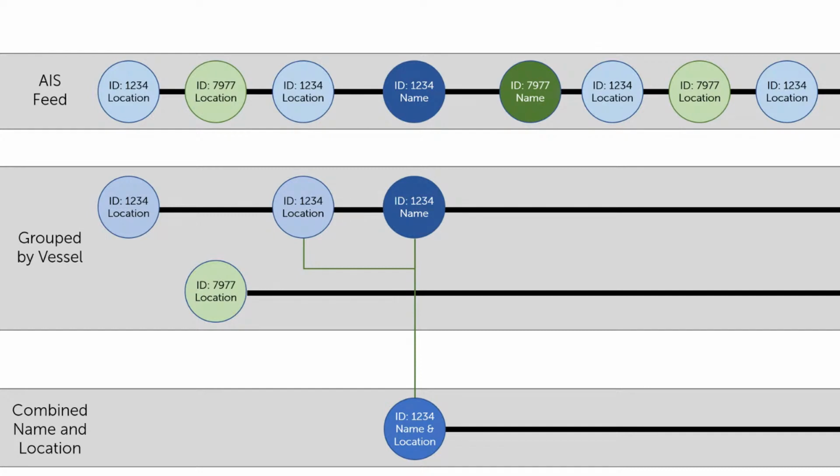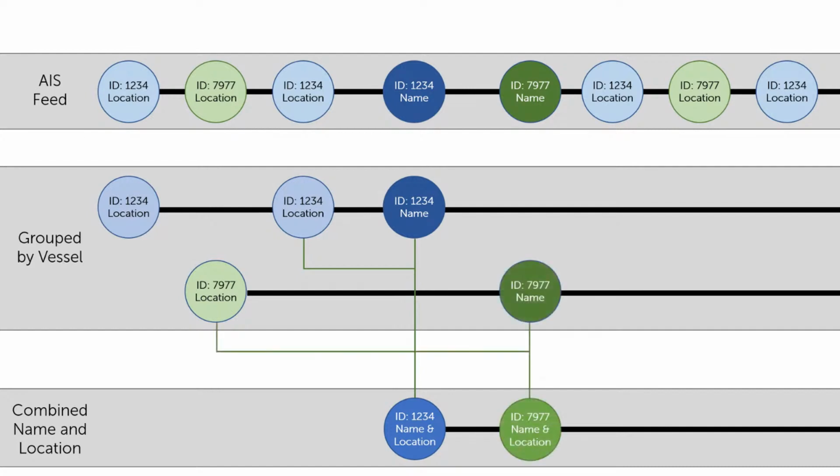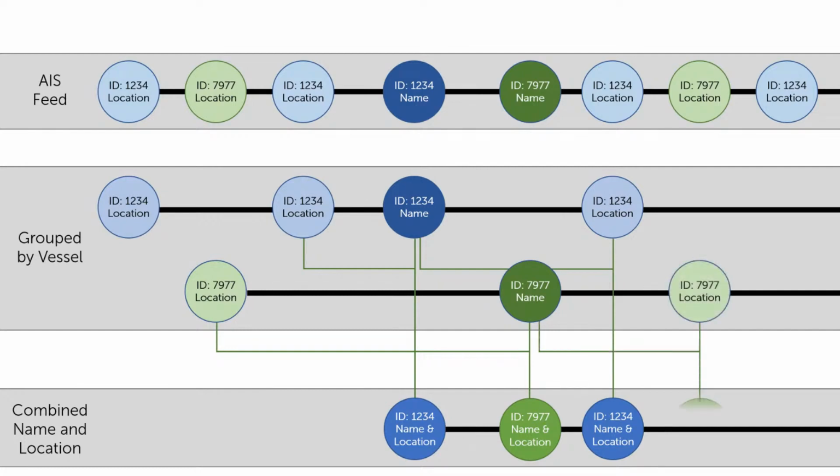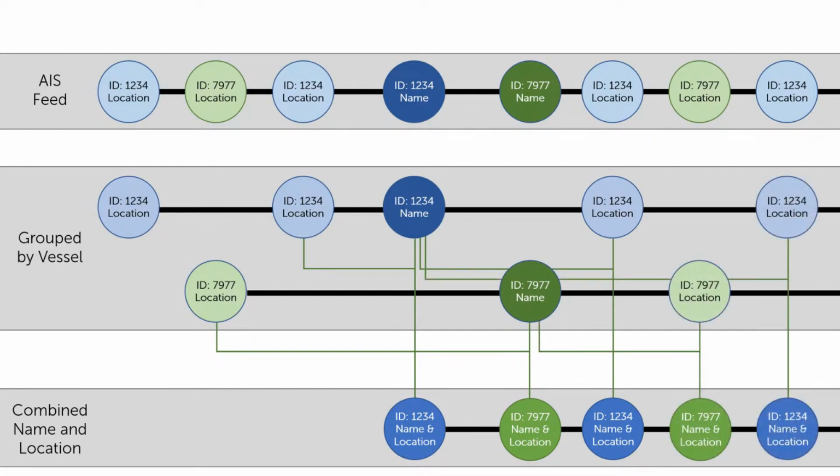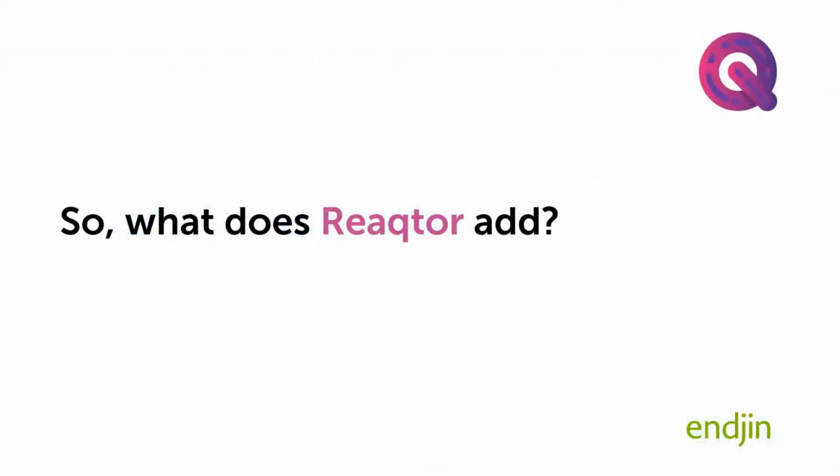If you look at the top, the very next message that's going to come in is the name for the second ship. So at that point, that's also got enough to report the combined name and location. And then as subsequent locations come in, it just combines it with the last message of the other type that it's seen as it goes on, and then we're able to process the results. So that's all going on inside the head of that Rx query, if you like.